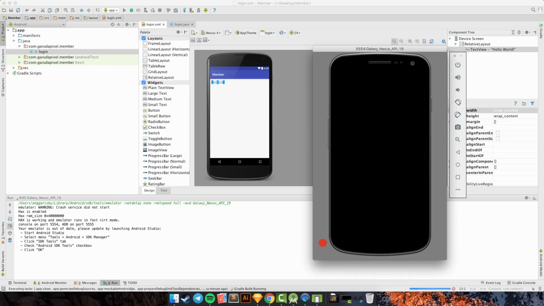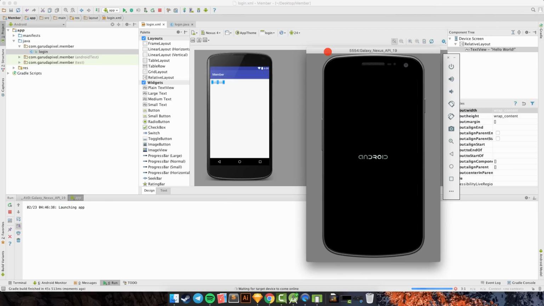Okay, I just installed the Galaxy Nexus with API 19, so you can install the Galaxy Nexus, or you can use your smartphone. So you don't need to use the AVD, you can use your Android smartphone or your Google Pixel.